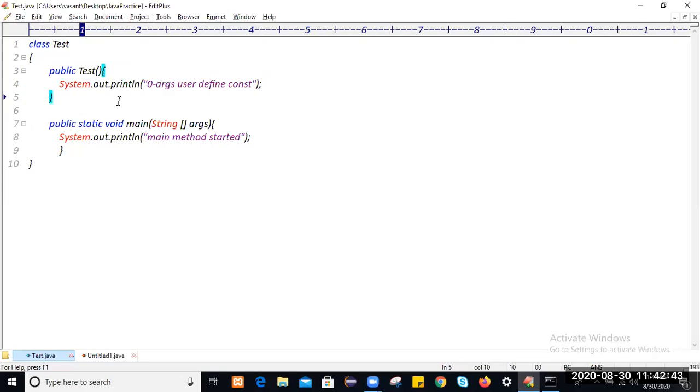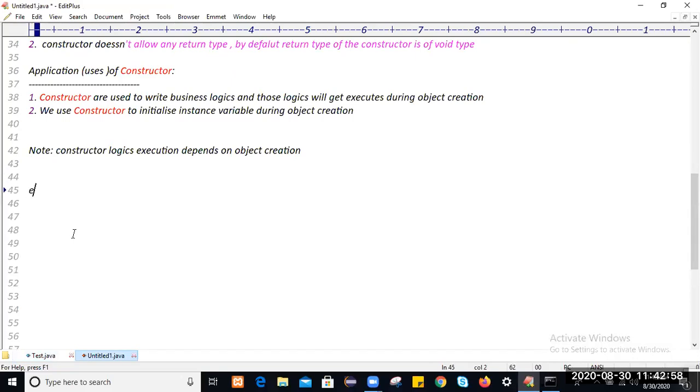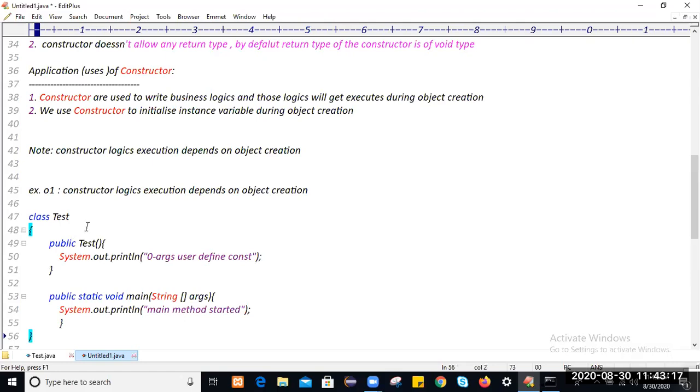Write down this first application. Constructor logic execution depends on object creation, and this is the example.